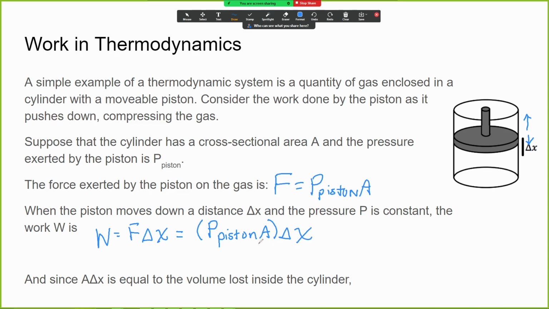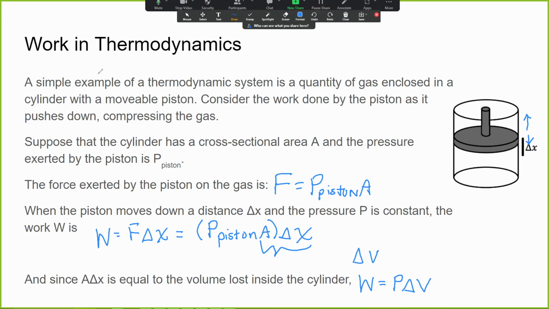And we know that if we take a look here, this is A delta x, so we are able to say that that's just delta V. So work is equal to P delta V. And once again, another very important equation and relationship that is going to come in handy. This is the very confusing thing that you're going to run into an issue with a lot. This is on your equation sheet, I will say that, but it's on there as